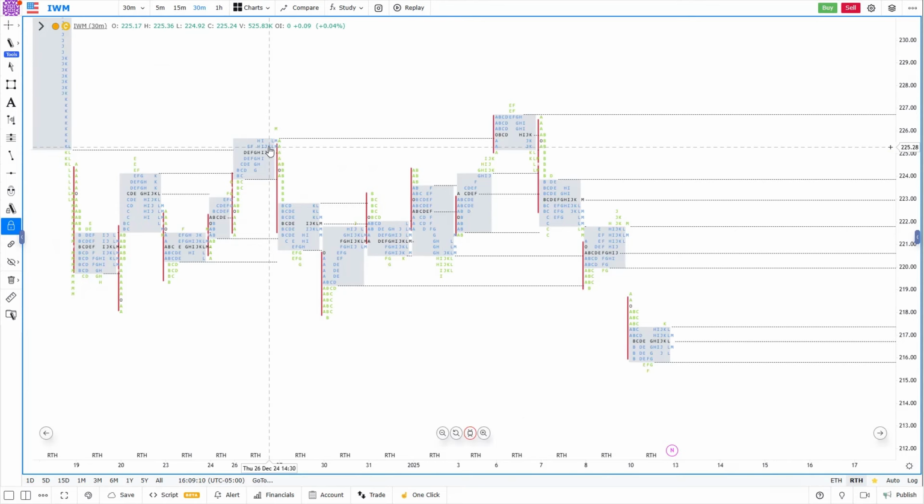Again, I participate in the IWM auction. No matter if you're a crypto trader, a futures trader, a forex trader, or like me, you trade ETFs, market profile will provide you not only price, but it provides you value and volume of each price point